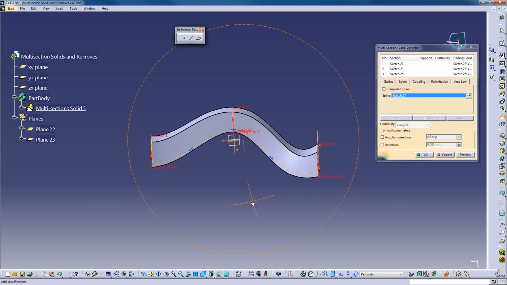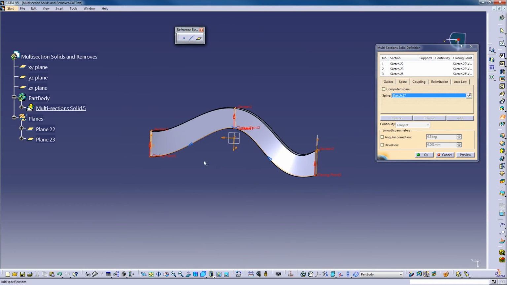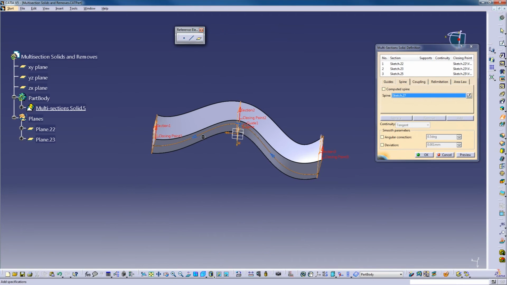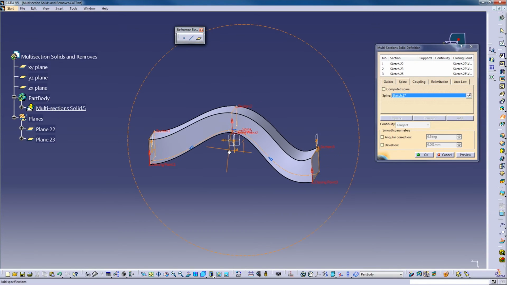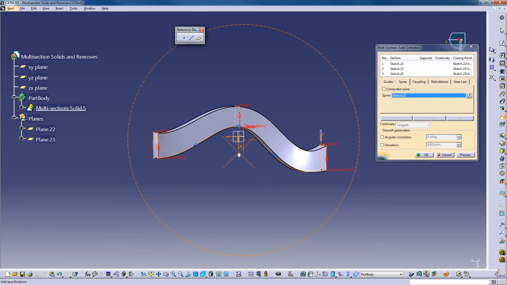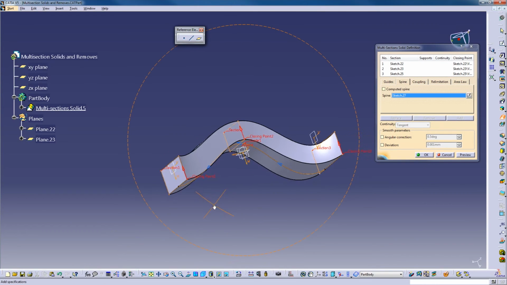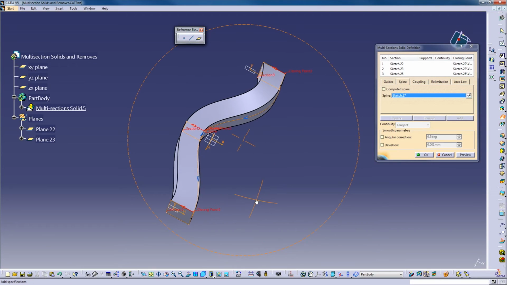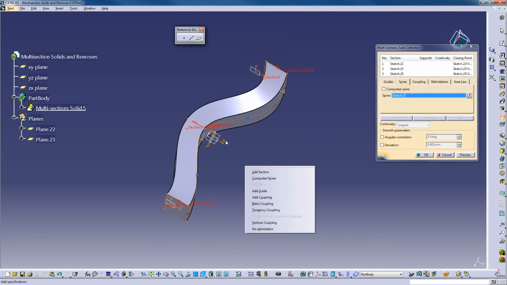Then hit preview, and did you notice how it changed a little bit? Now as it rolls along here, the sketch, the square that's traveling along here and changing shape along the way, stays perpendicular, normal, to the spline that we made. So the spline that we made in Sketcher is used as our spine to follow the angle. So hopefully that makes some sense there. But that's really nice. It's a little bit to get used to doing here, but